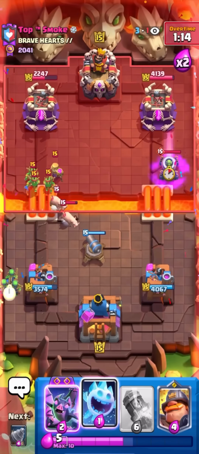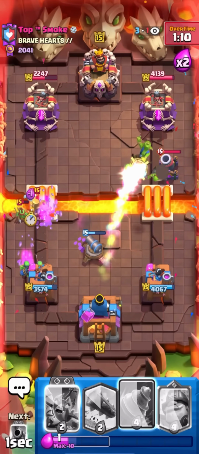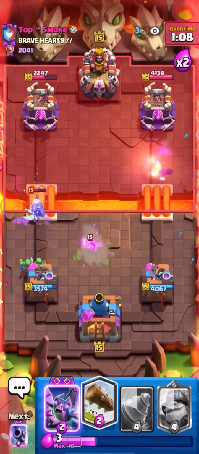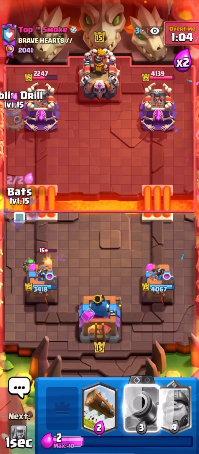We have to watch out for the Evo Mortar. Yep, there it is. I'm just going to rocket that off the board. Not playing no games with that thing. Spirit here. Nice. Really good Spirit placement, actually. Very good. He's going to get a bit of damage, but it's okay. Let's drill. Then I think we should...